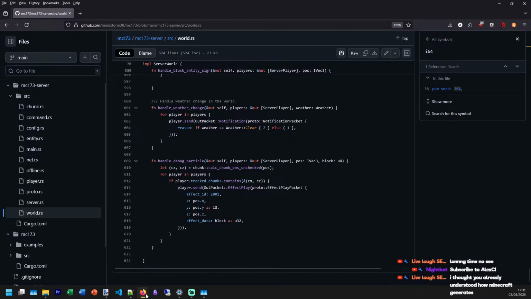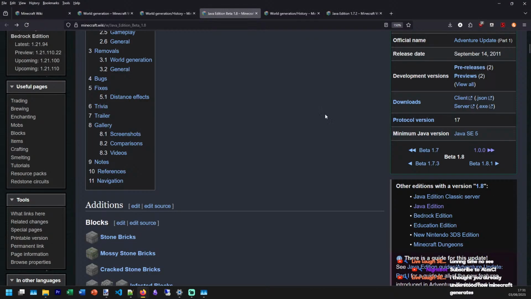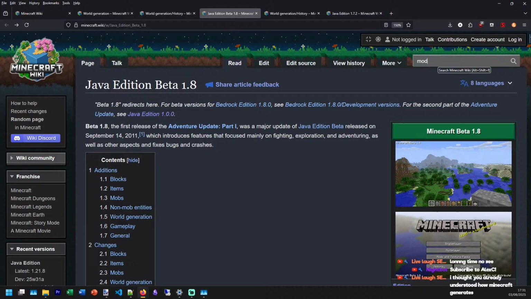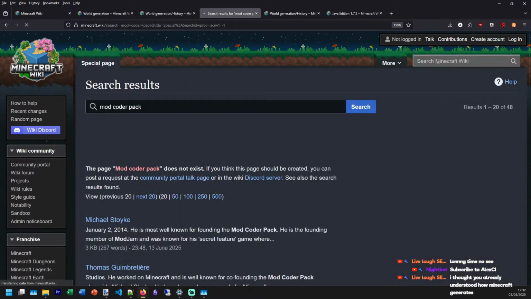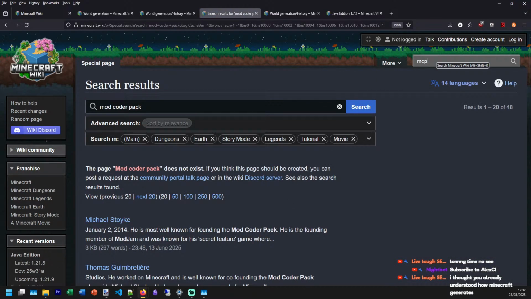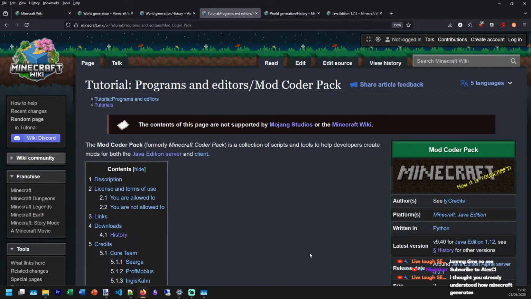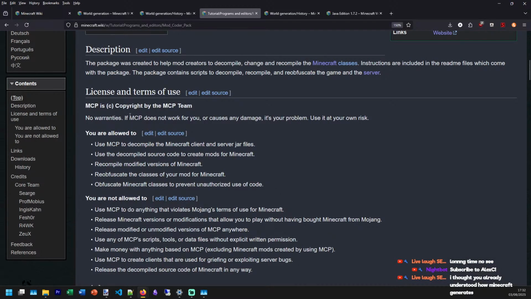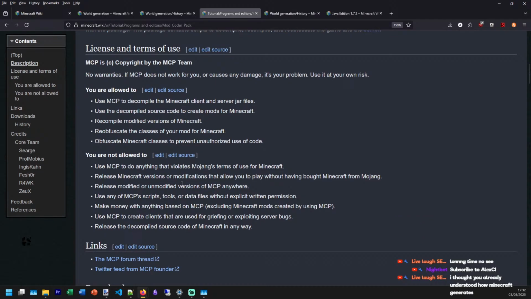Because what we actually have is the, probably. Damn it, it's MCP, isn't it? What we have is this. It's not supported, and I don't think we're allowed to. Let's look at the not allowed to. I'm technically not releasing it.